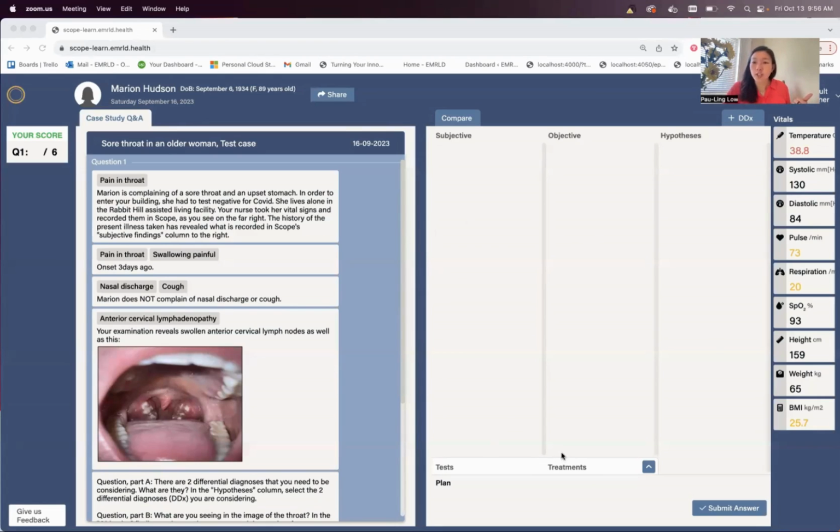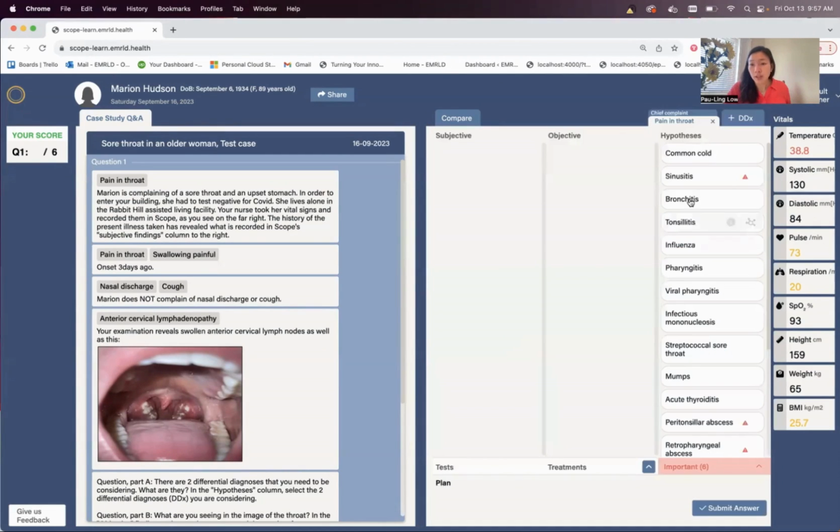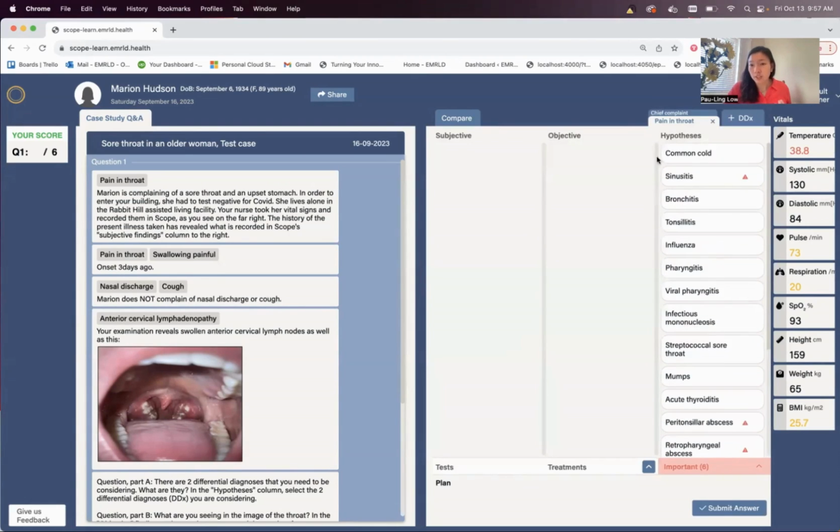Let's go to your worksheet. In the top right corner is where you start. Add DDX. If you click on it, this will bring up all the differential diagnosis groupings. You already are on the chief complaint, and she's complaining of pain in throat. So click on pain in throat, and this will pull up your differential diagnosis given this chief complaint